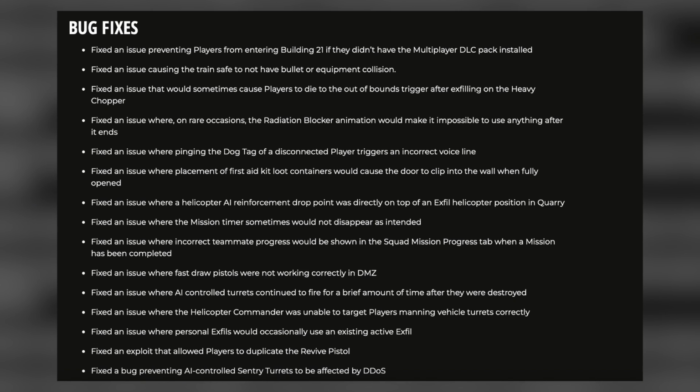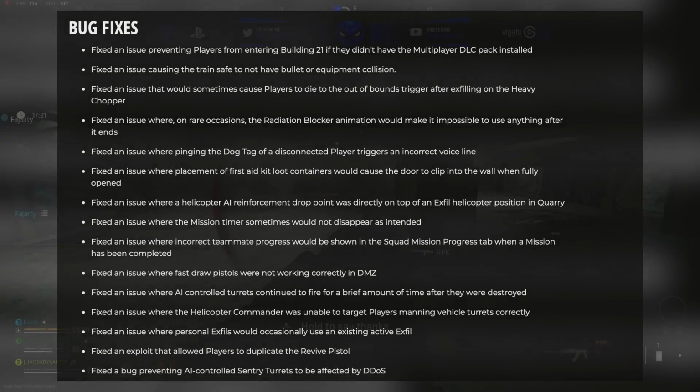Fix an issue where pinging the dog tag of a disconnected player triggers an incorrect voice line, and then fix an issue where placement of first aid kit loot containers would cause the door to clip into the wall when fully opened. Then fix an issue where helicopter AI reinforcement drop point was directly on top of an exfil helicopter position in the quarry. Fix an issue where the mission timer sometimes would not disappear as intended,